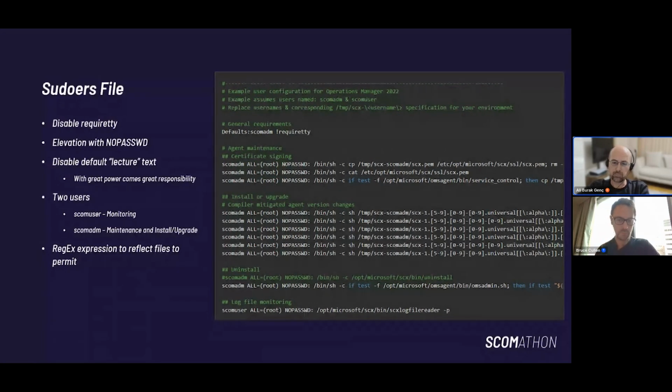If you are into SCOM management pack authoring, you can start building custom classes, monitors, and rules as we do in Windows monitoring.